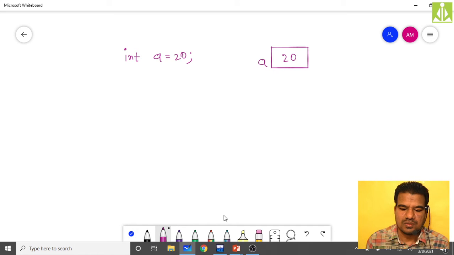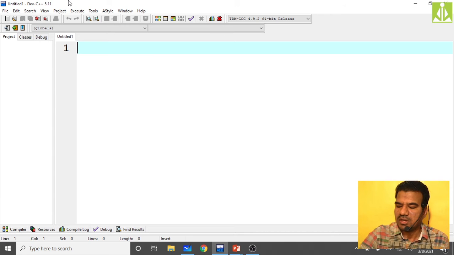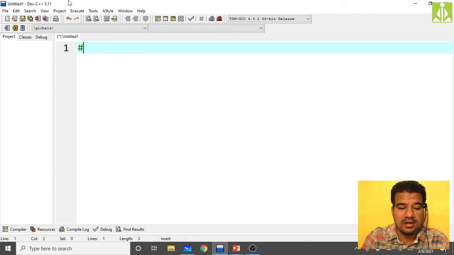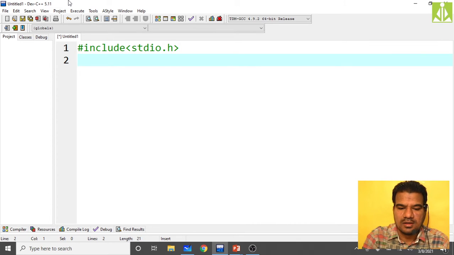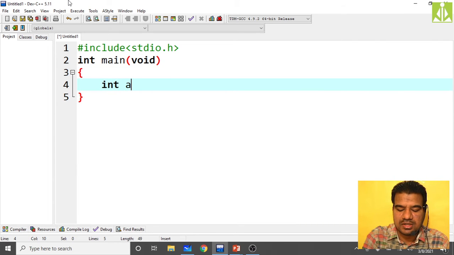So let me go to the demonstration together. Take one empty source file and start writing the program: include stdio.h, then int main of void, and I'm declaring a variable a equals to 20.